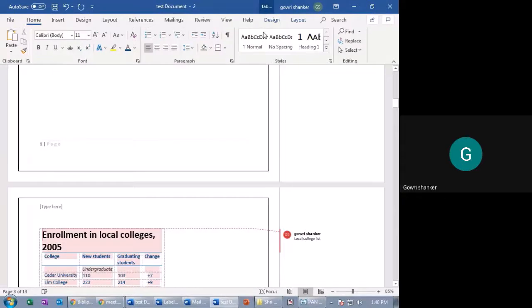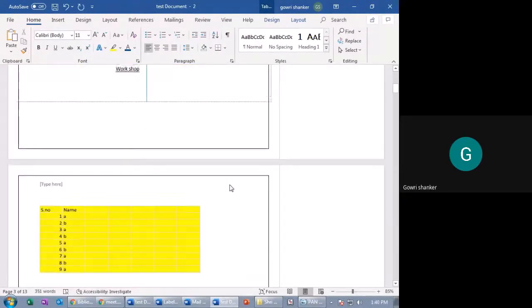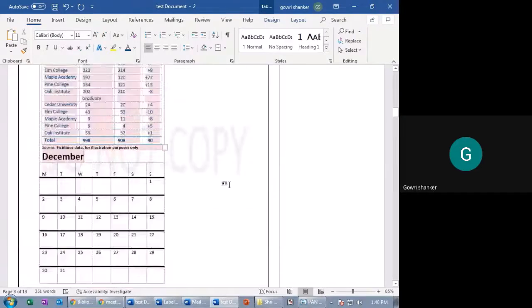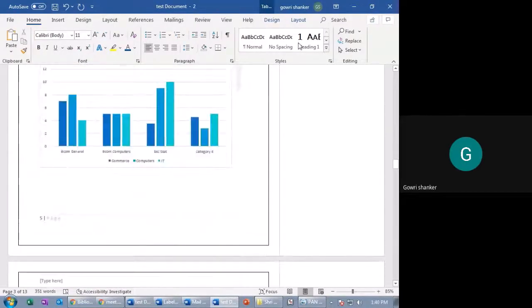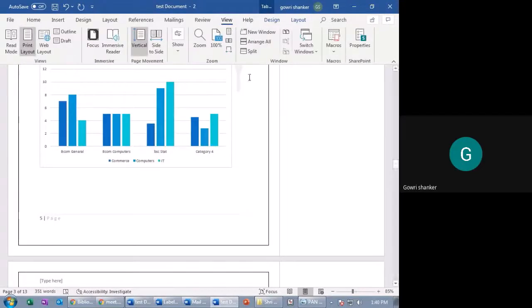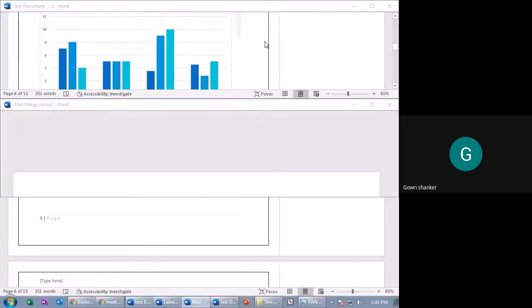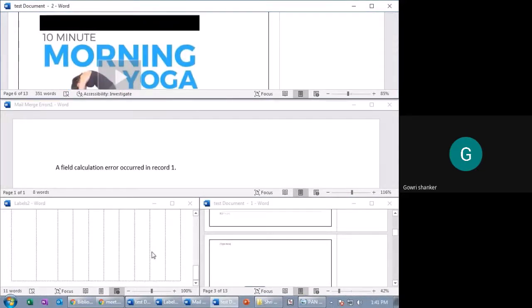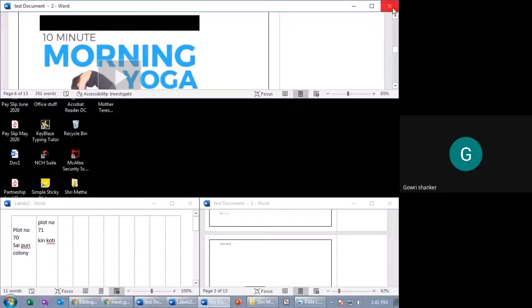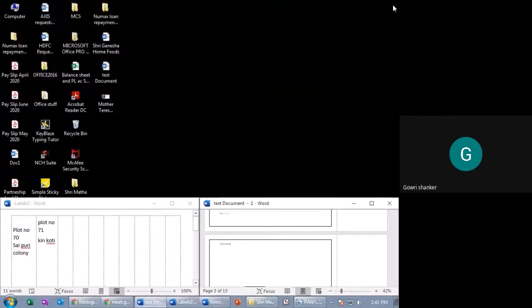New window, if you click, it will open a new window. It comes to the home. So go to View, Arrange All. See, it is arranging them differently. You can see this is one page. So you can arrange it or you can close it.